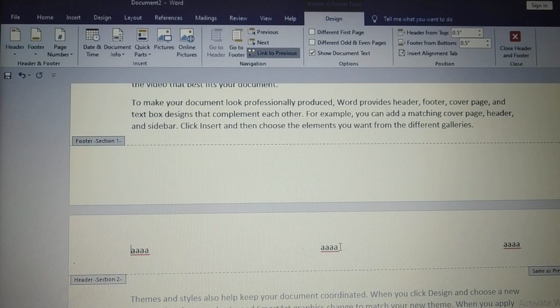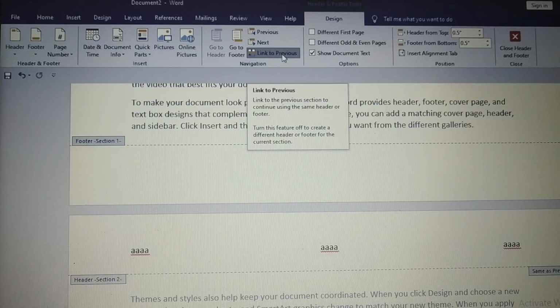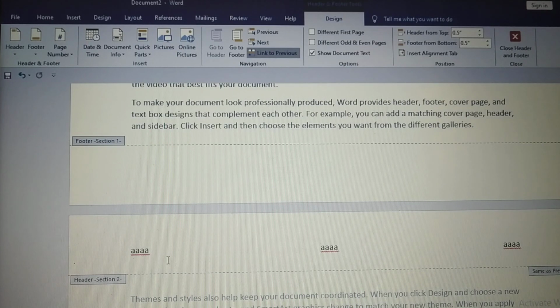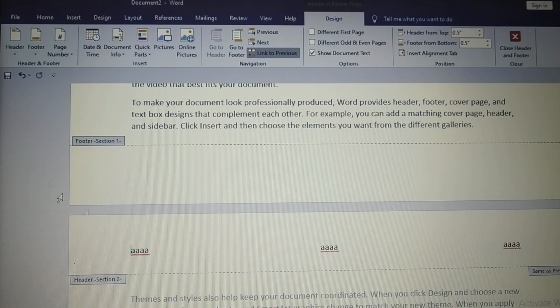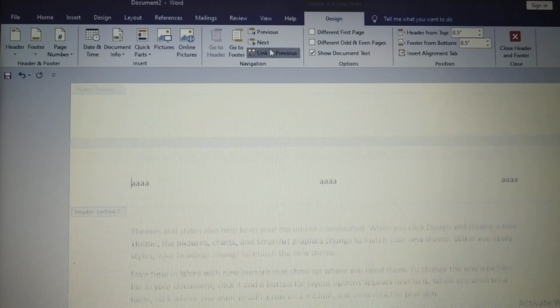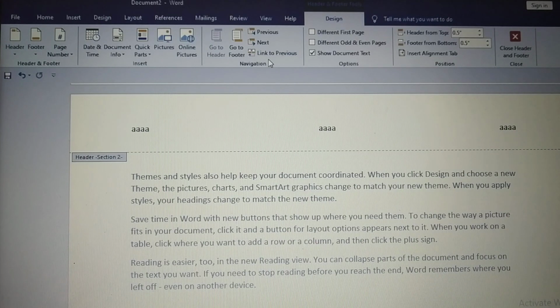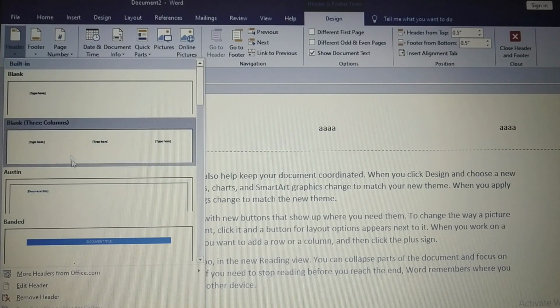Whenever you are in editing mode of the header, the Design tab is activated. In the Design tab, you get the Link to Previous option, which links this header with the previous header. So I am clicking on Link to Previous to unlink the second header from the first header, and then I need to change the header.